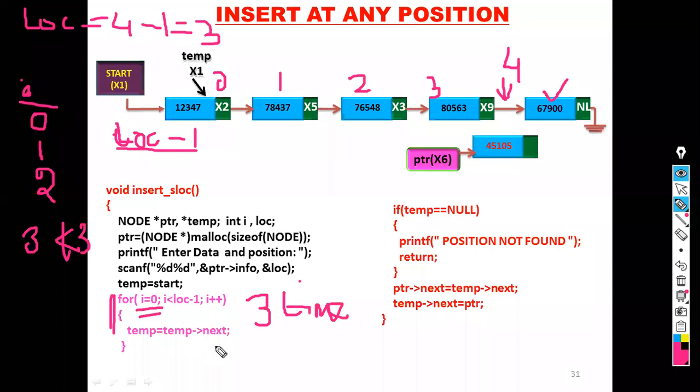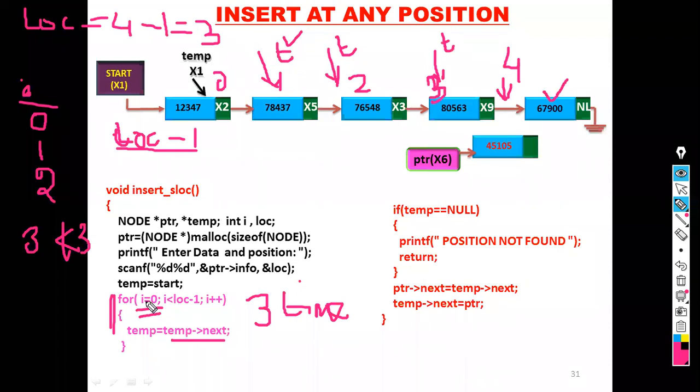After executing this loop 3 times, every time temp equal to temp next. That means for the first time, temp is pointing to here. For the second time, temp is pointing to the node present in position 2. Next time, it is pointing to the node present in position number 3.